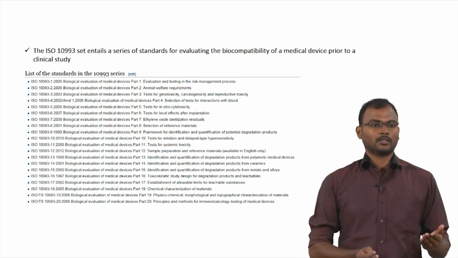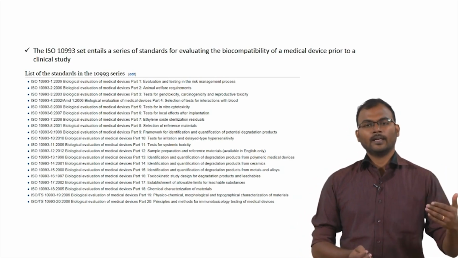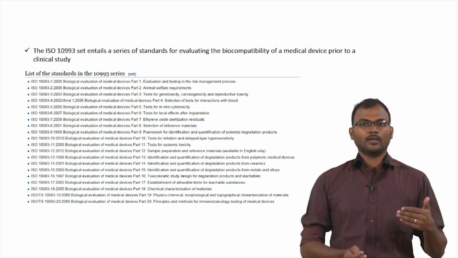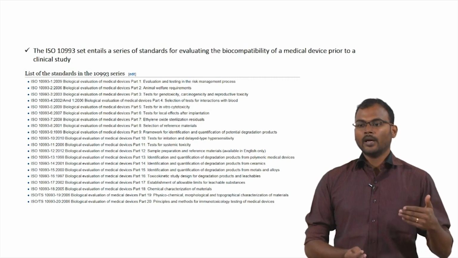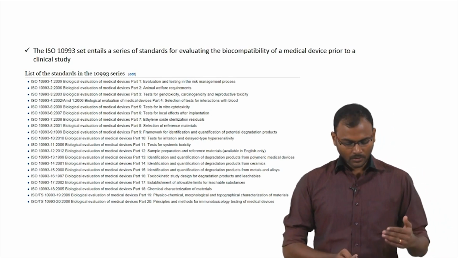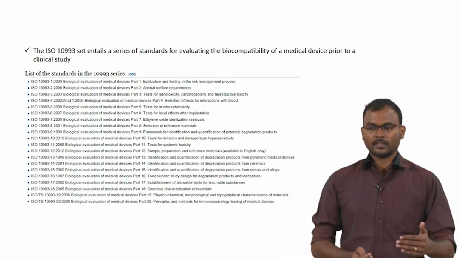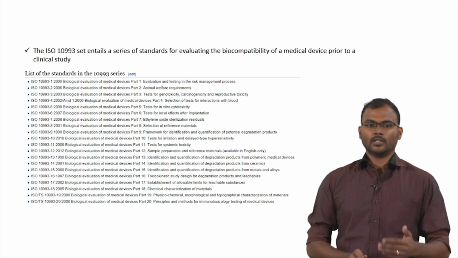For the toxicity experiments I have mentioned, it gives you clear guidelines on how to do it if your material is a flat surface, and how to do it if your material is a scaffold or hydrogel. Each of these standards tells you what parameters you have to follow